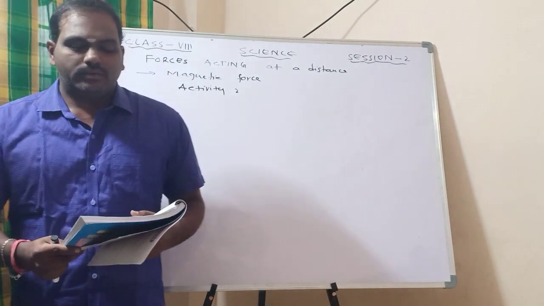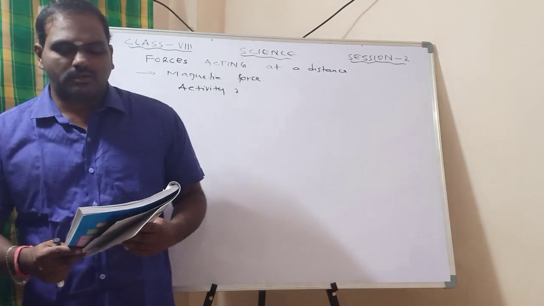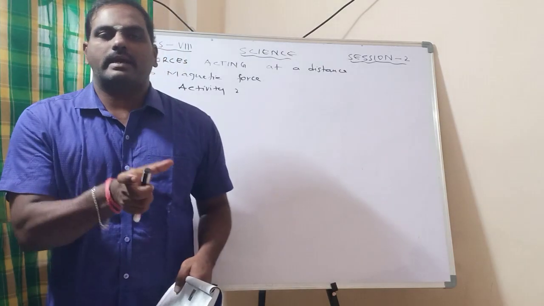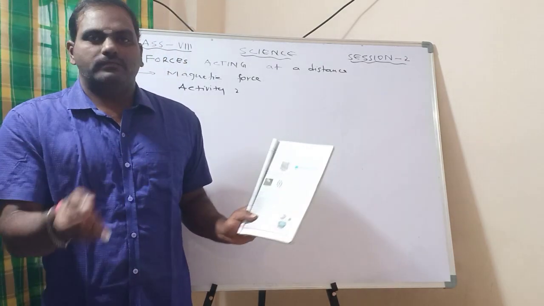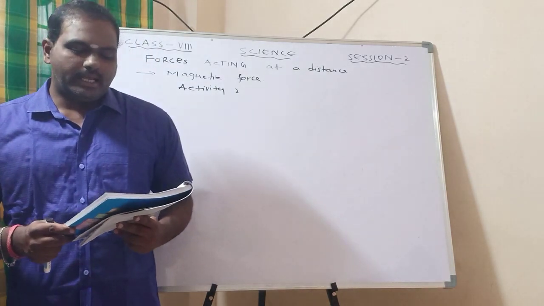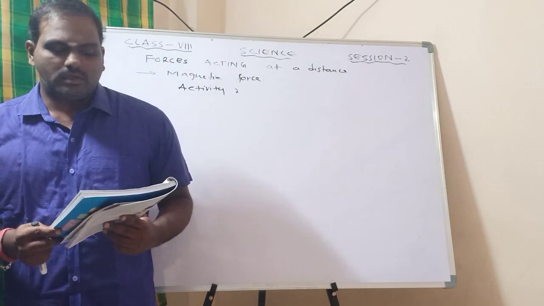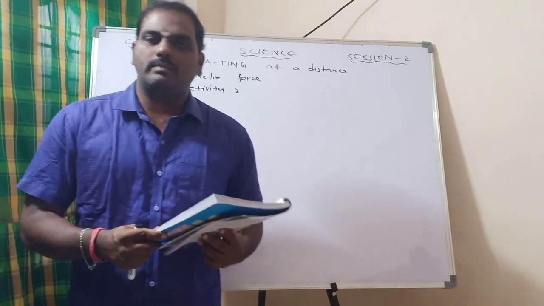So now what I have to do is, with the help of a magnetic compass, you can identify the north and south poles of the needle. So take the magnetic compass, and which is the north pole and which is the south pole, you can easily find out. Now pin a red color cork ball to the south pole and a white ball to the north pole of the needle. Then drop it in the bowl of water.